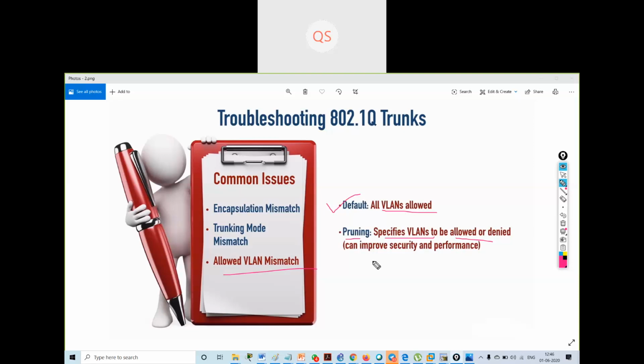So we have seen something called pruning, in which it can help us with security and performance, but it needs to be matched on both sides of the trunk, or we can run into some issue. If we are not matching the pruning on both sides, then there will be an issue with the trunk